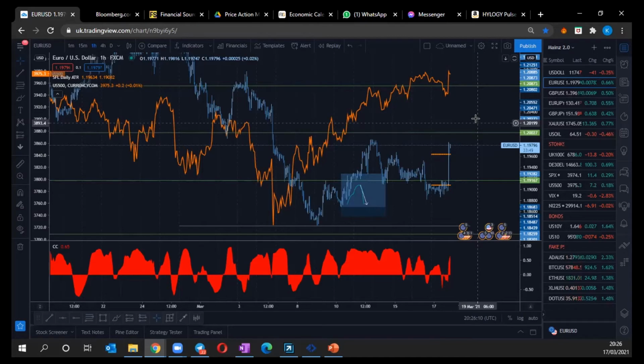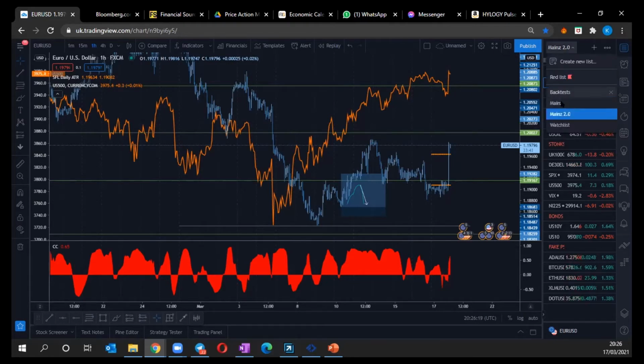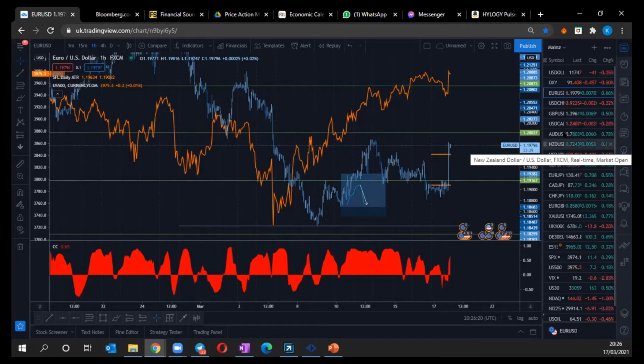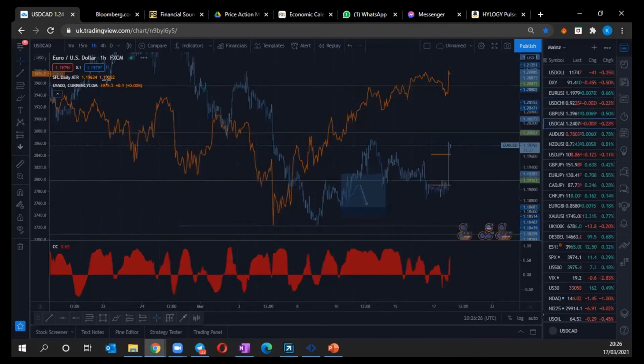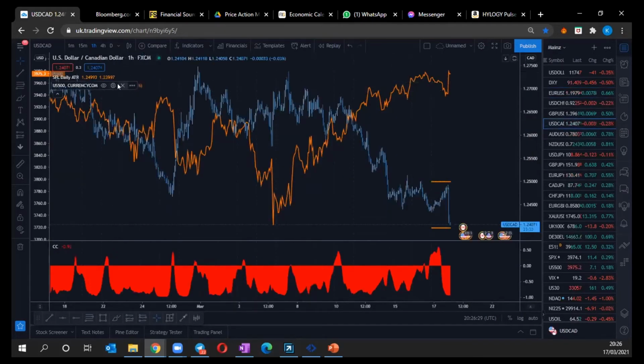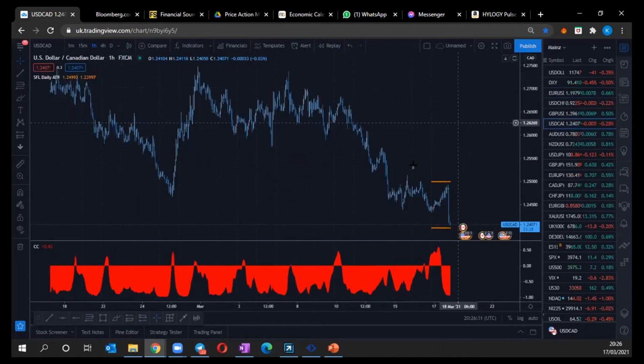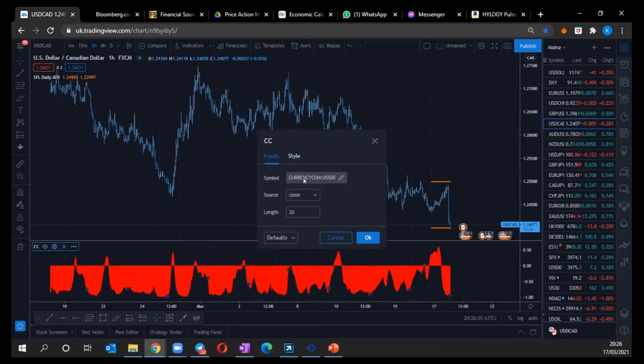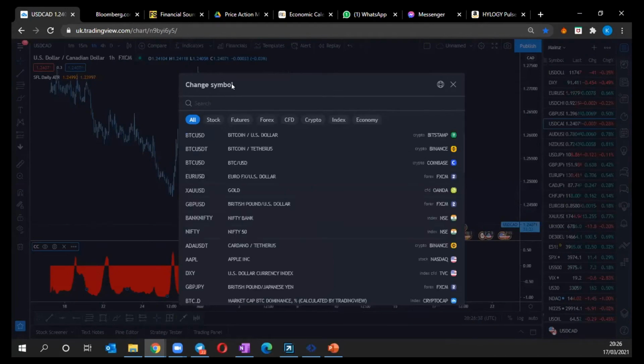And then obviously we have the basic commodity correlations as well. If I quickly go on, I've been on this watch list for ages, USD CAD. If I just show you a quick correlation, obviously we know the Canadian dollar is highly linked to oil, as oil is one of the main exports of Canada. So if I just type in oil,